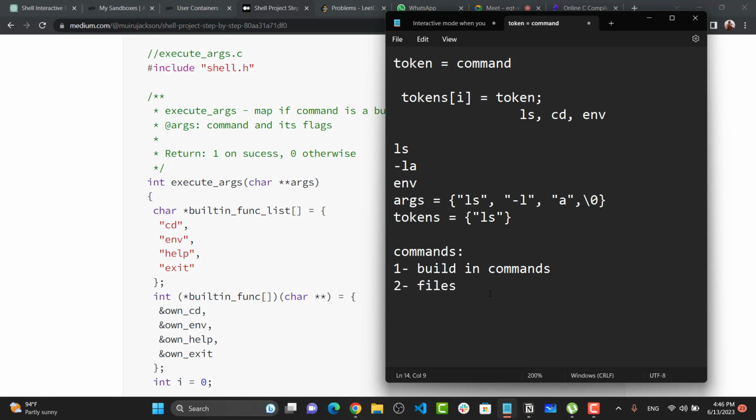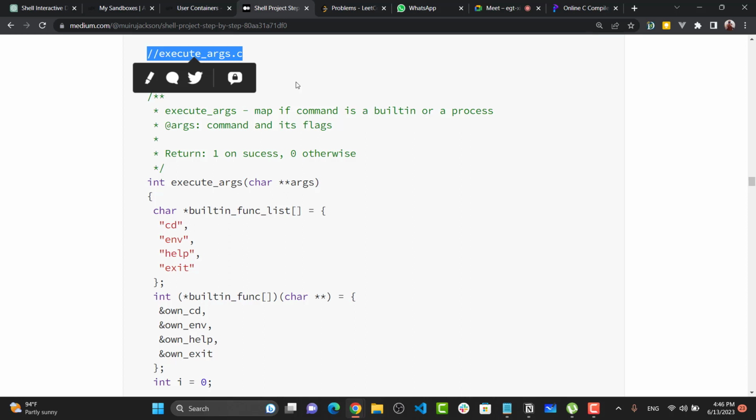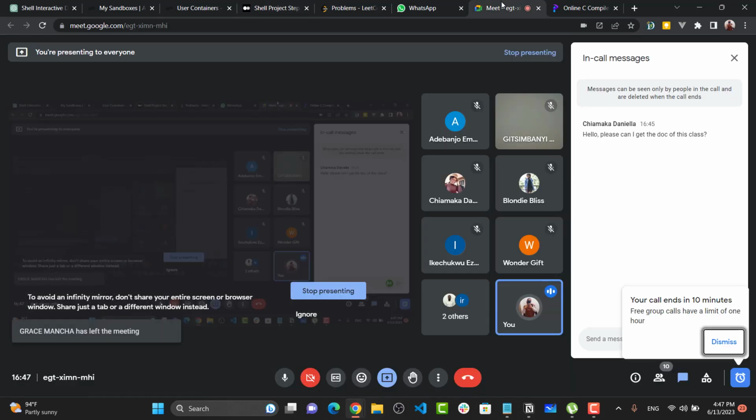These files are not from the shell itself, but from other developers, and they put them in the shell to make everything easy for us. So now we have two types of commands, one built-in and one files. To execute our args or our command, we should at first check if these commands are built-in, or